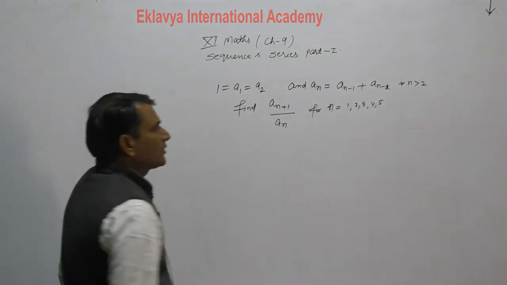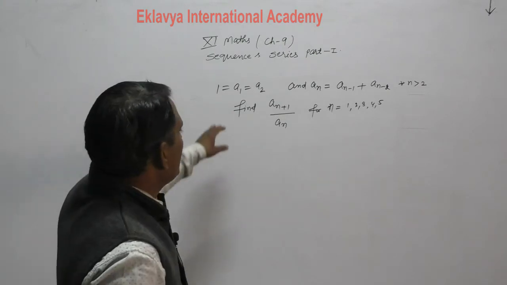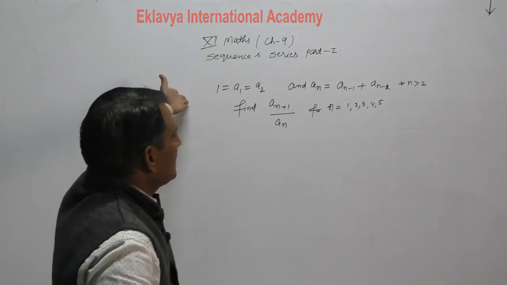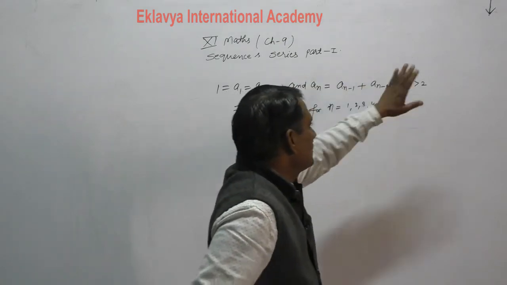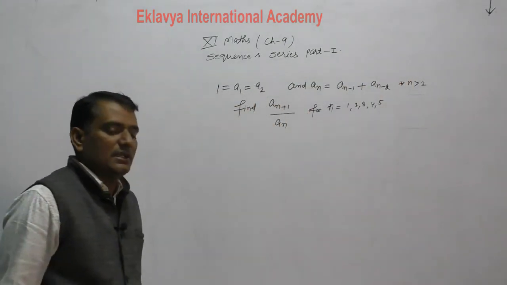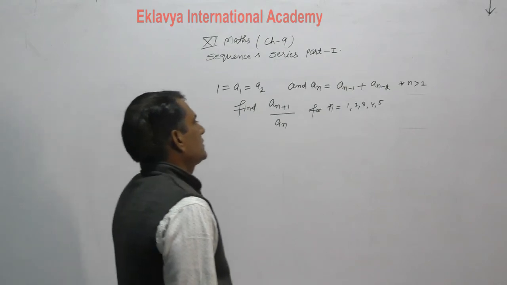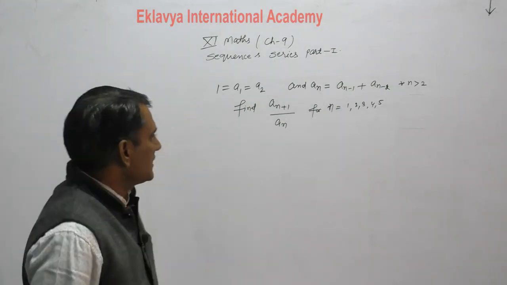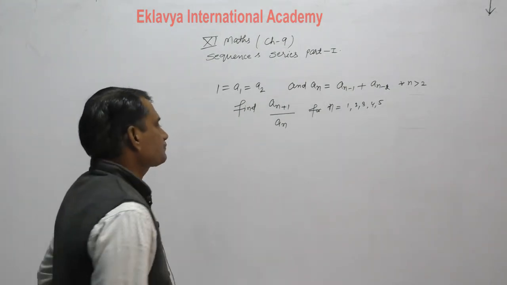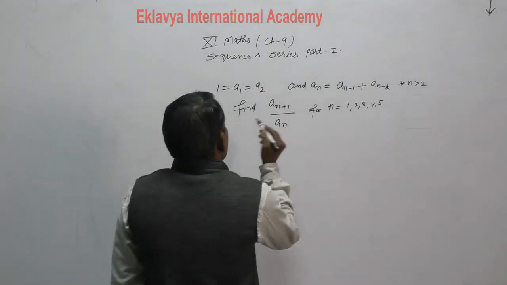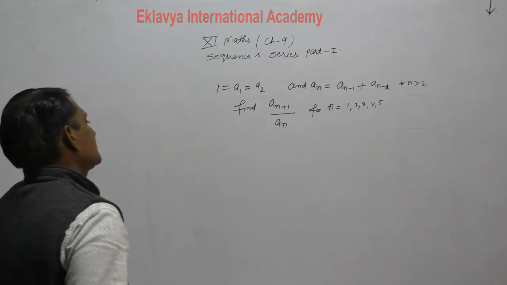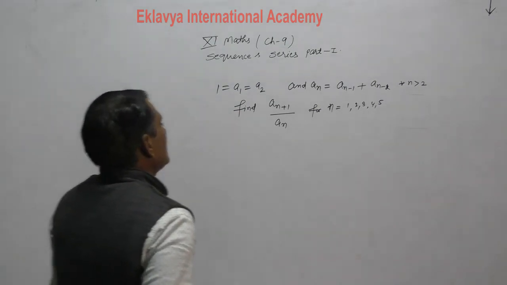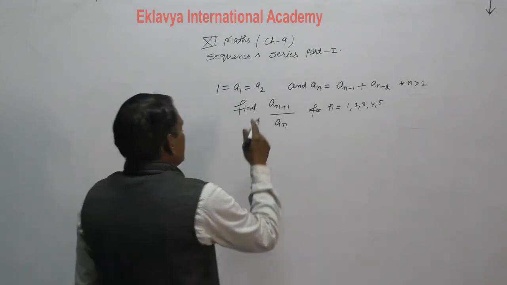So this is the Fibonacci sequence which is given here, a1, a2, that is 1, and for n greater than 2, this is the sequence given, from where we will calculate a3, a4, a5, right. Thereafter we will take the ratio like that. Clear? So first, what should we do? Different terms that we require for solving it. We require a6, so up to a6 we will calculate the values first.